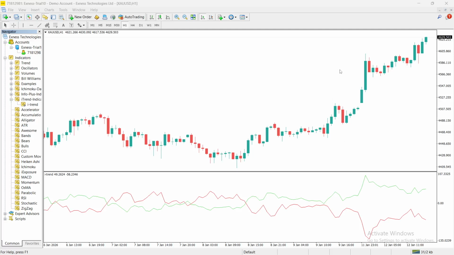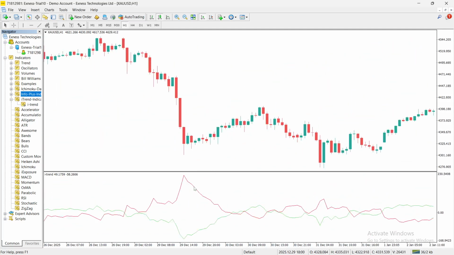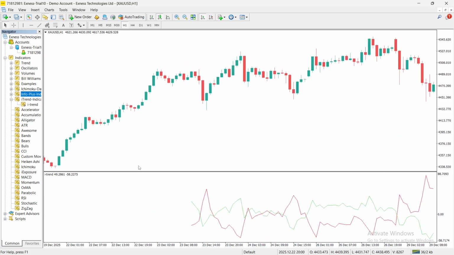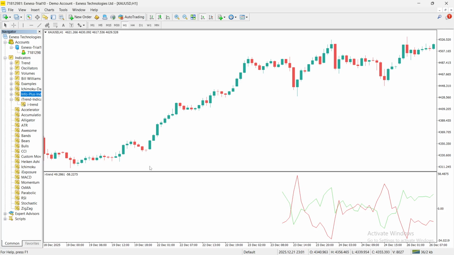Hi traders, in this video we are looking at the iTrend indicator for MT4. This trend following tool displays a pair of oscillating green and red lines in a separate indicator window using components from the Average Directional Movement Index to represent bullish and bearish price movements with crossovers indicating trend reversals. In this video, you will see how the iTrend indicator works, how signals are interpreted, and which trading strategies are